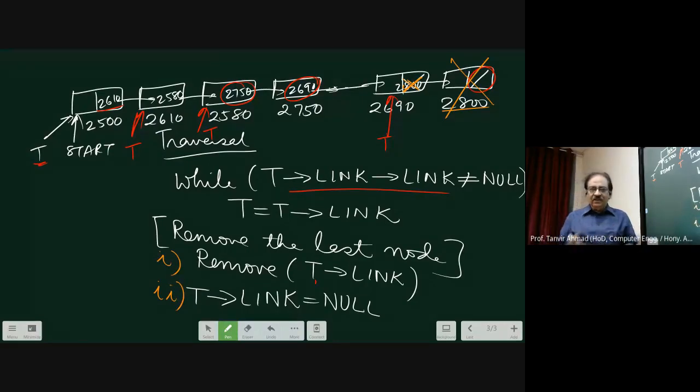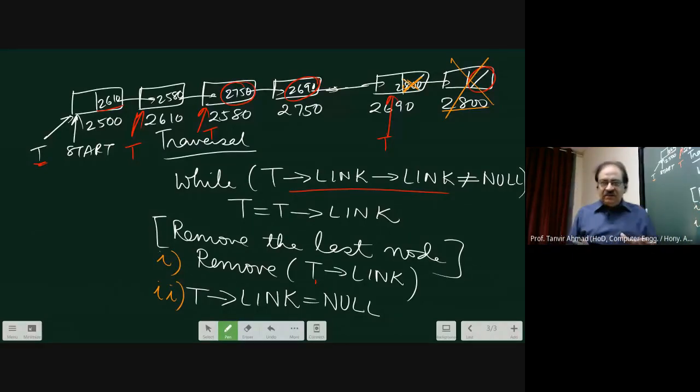Correct? Is it okay? That means from the first node only, suppose I want to find the address of the fifth node from the first node. What will I write? T of link. I can do that. Suppose I know that there are 10 nodes. From the first node, I want to find the address of the 10th node. I can write T of link, say 10 times. Though it is not advisable to do like that, practically it is possible. Therefore, going at 2 levels is perfectly valid.